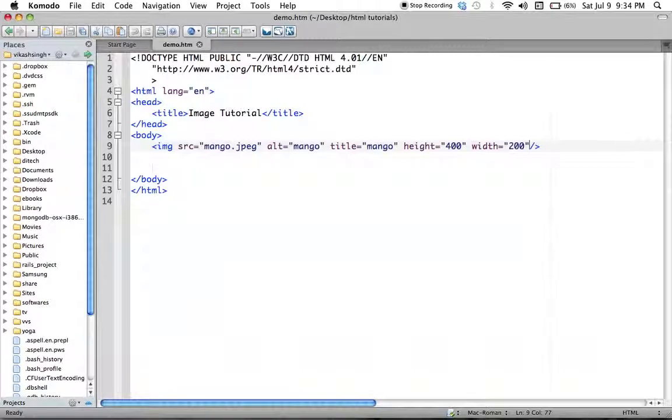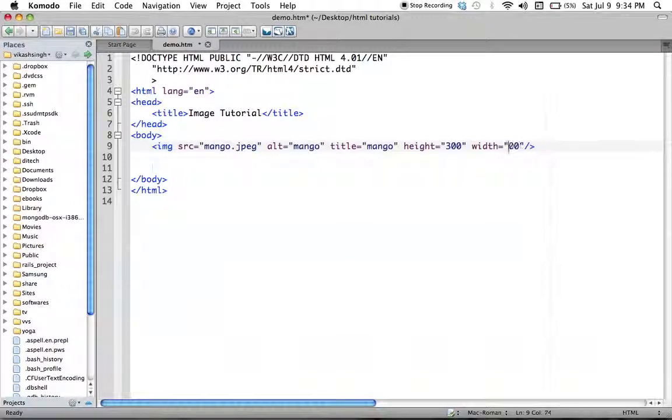Sometimes you actually specify the space on your web document, and if you insert an image, you want that image to be properly placed in that place. Otherwise, if you don't define the height and width, then things could be random. The browser will decide for itself how to display the image, and most of the time it will show the actual size of the image, and that might disrupt the flow of the content on your web page.